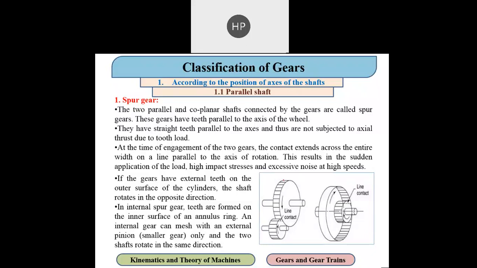In that, first we have discussed the spur gear. In that, the teeth of the gear are parallel to the axis of the shaft. And the spur gear may be of two types, internal or external. When the teeth are outside, it is known as external. In external, the driver and driven gear rotate in opposite directions, while in internal, both rotate in the same direction, either the driver shaft or the driven shaft.